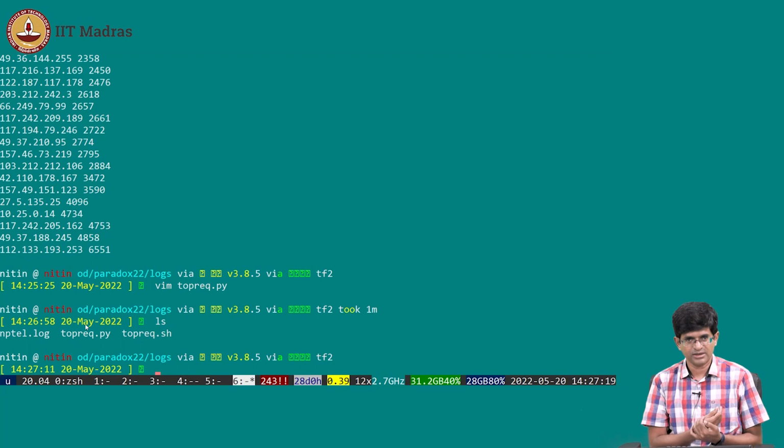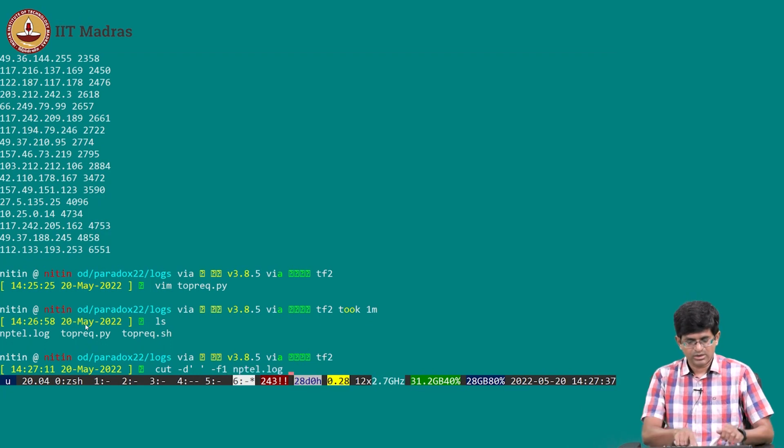It turns out there is a command in Unix which does that for you, and that command is cut. So I can cut -d, this space over here basically says use this space as a delimiter, and then I say I want the first field. Now look at what I have done.